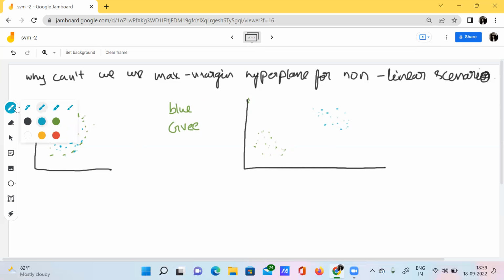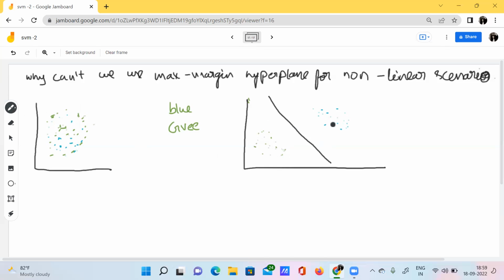Now we need to divide this particular data. How do we do that? We have a natural hyperplane, which is nothing but the gap itself. This gap itself is acting as a natural classifier here. This is nothing but the maximal margin hyperplane. Everybody knows that.